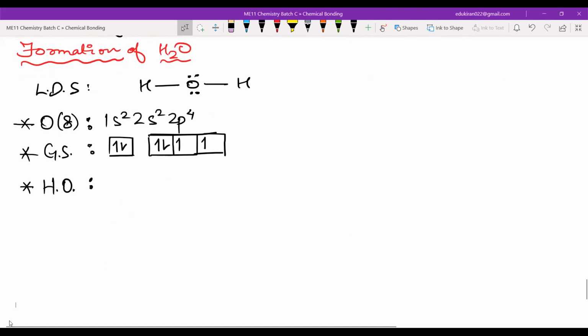How many sigma bonds does oxygen form? Yes, Samaira, tell me. How many, Samaira? 2. Okay. Now, Samaira, ask the next question. How many unpaired electrons are there? 2. Yes. Now, Mariam, you ask the next question. Is there any need for the electron to have a promotion?